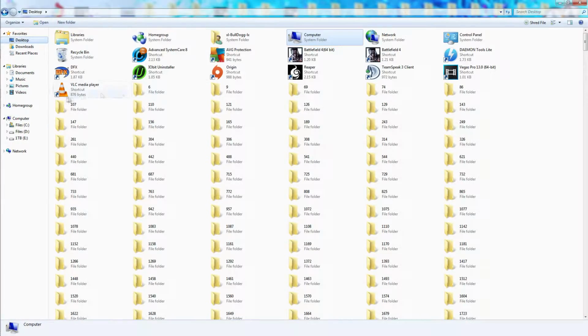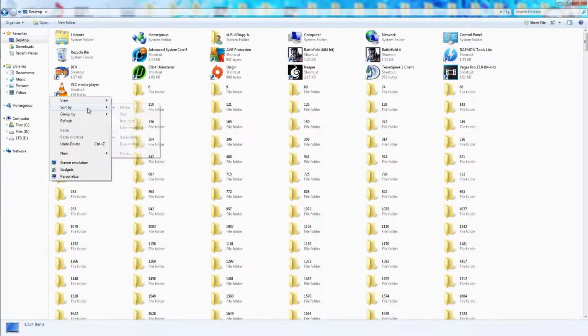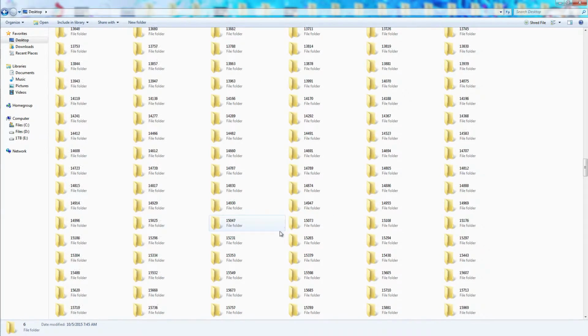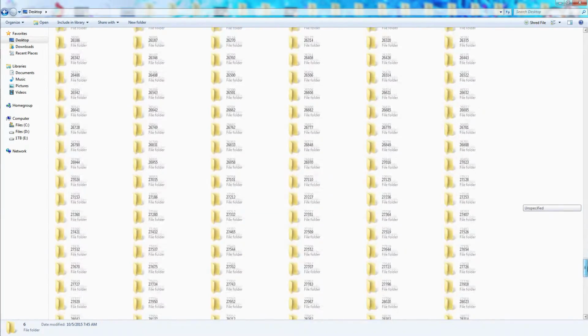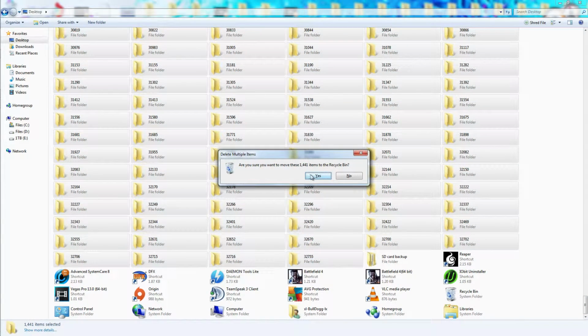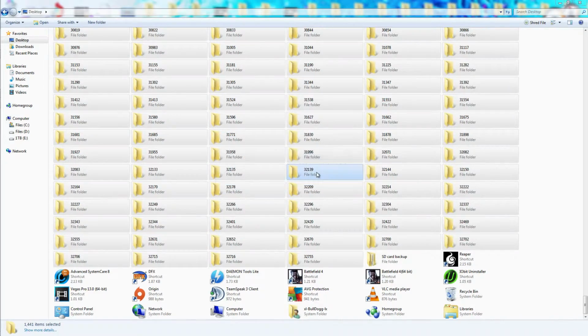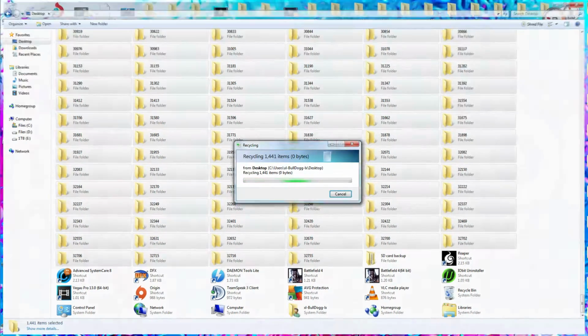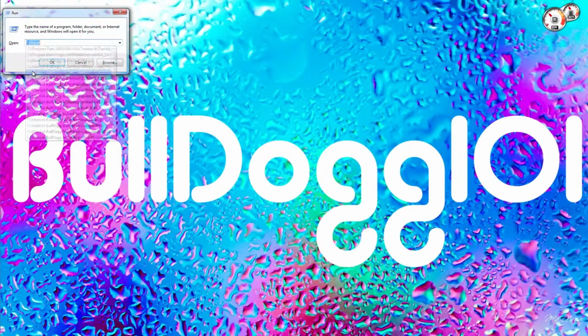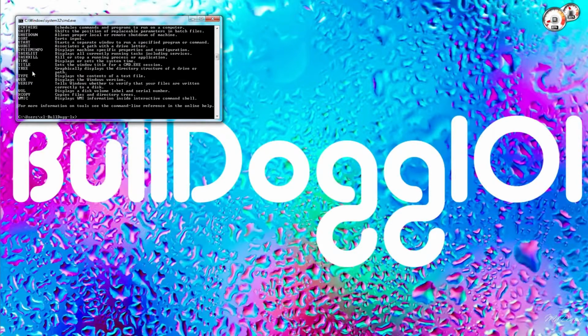Easiest way to delete that, sort by size actually, and then it'll put all the empty folders near each other. So you just have to scroll down and you'll see it makes a crap ton. 1441 folders in those few seconds, and trust me, if the person doesn't know how to delete it, it'll be quite an annoying feature. So that's basically all I can tell you: use your CMD, use your help command,